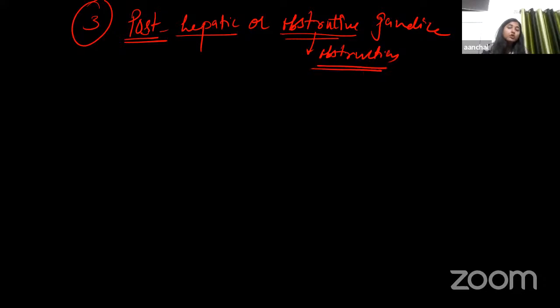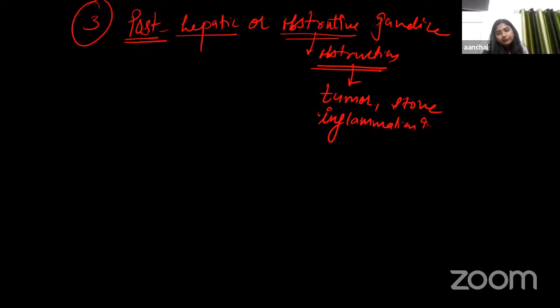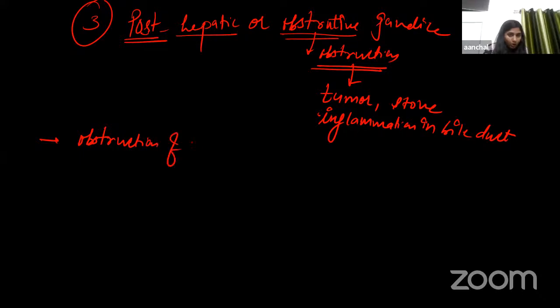So this type of jaundice occurs due to obstruction of the bile duct, and that obstruction could be due to presence of tumor, presence of stone, or any kind of inflammation present in bile duct. So this type of jaundice occurs because of the obstruction of bile flow,